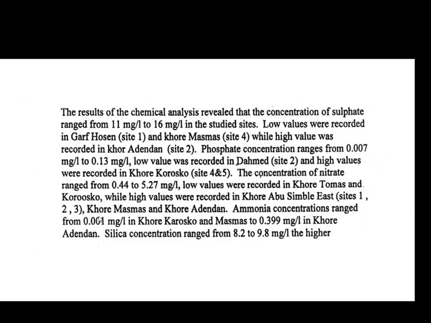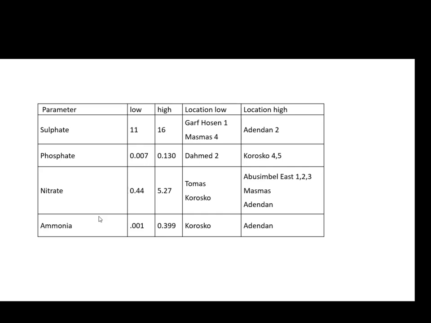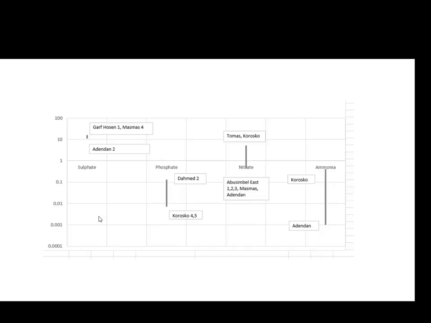Another paragraph shows chemical analysis in the cores of Lake Nasser, the name of the core and the site, and also the value of the concentration in milligram per liter. Here we put them in a table. We put the parameter, the low, high, and the location in terms of name of the core and section number for low concentration and for high concentration. And we will do this. I use the stock diagram without average,